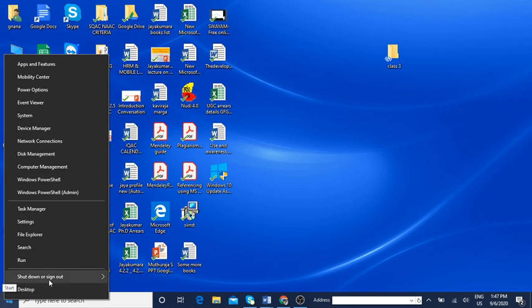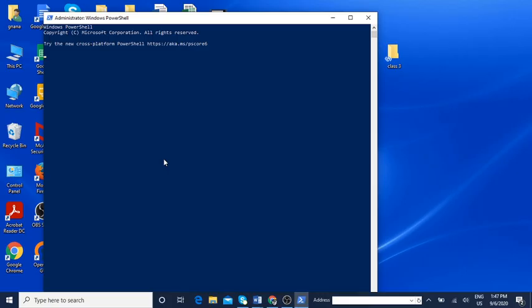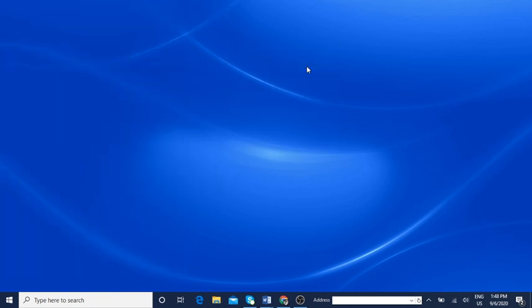Right click. PowerShell, okay. If you want more details, you can click. This is in the laptop children. So you can use that also. A folder will be created. Fine. So this is how you'll be using it.